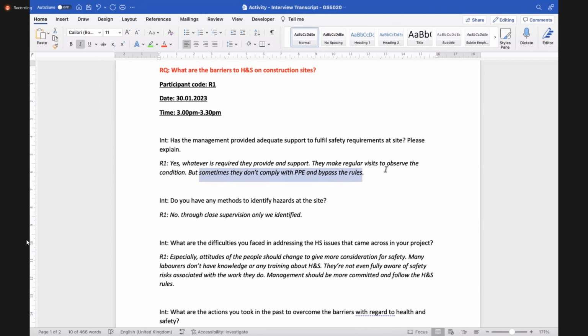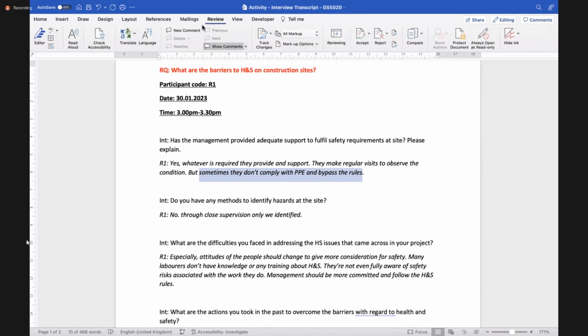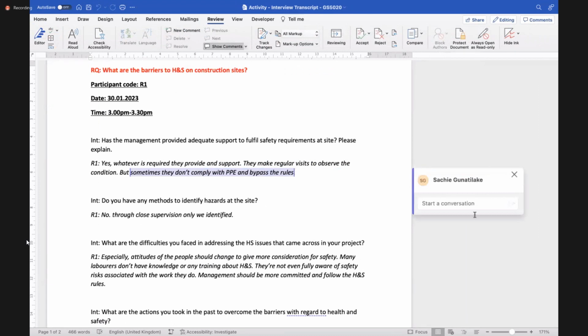So I identify that as an important information segment that's relevant to my research question, and I have to now give it a code, a label. So what does this talk about? What is the barrier that's mentioned here? So it's about management not following the rules.